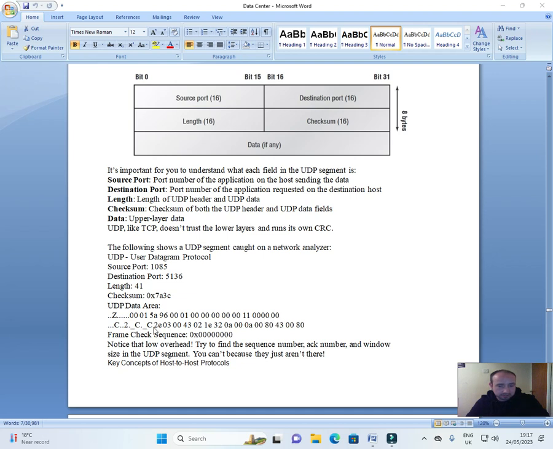Z001589600000011000000 C2C C2E03Z4302 0A000A0080430080. Frame check sequence